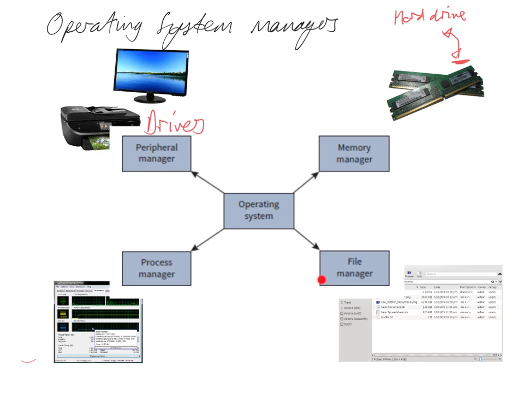Next down here we have the file manager, and the file manager is responsible for looking after all of the files on the computer. It looks at text files, graphics files, program files, all kinds of different files, and it will set permissions for different people to have access to those files. You might be able to see just down here in this picture, we've got the owner of the file listed and then different permissions, so read and write permissions for those individual files. So the file manager just controls and looks after all of the different files on the computer.